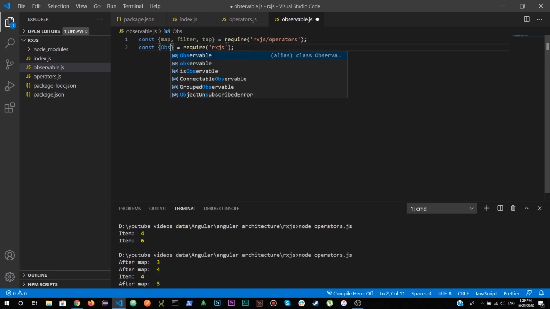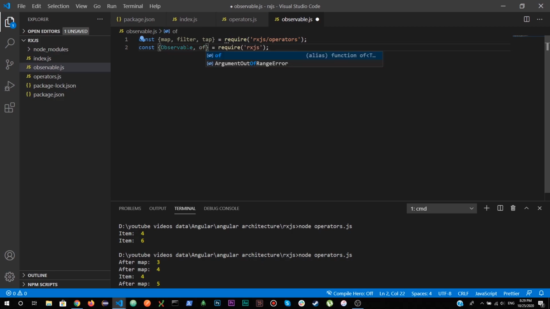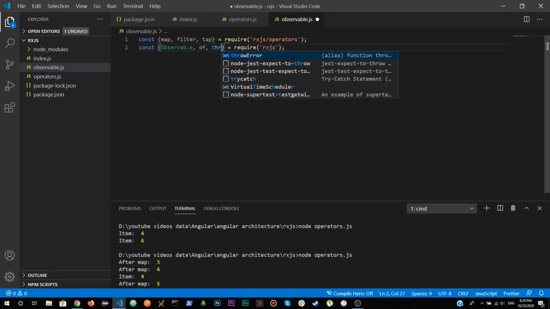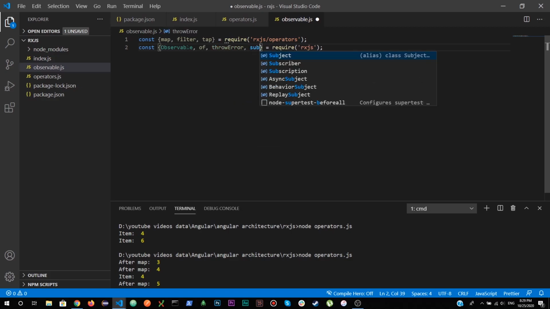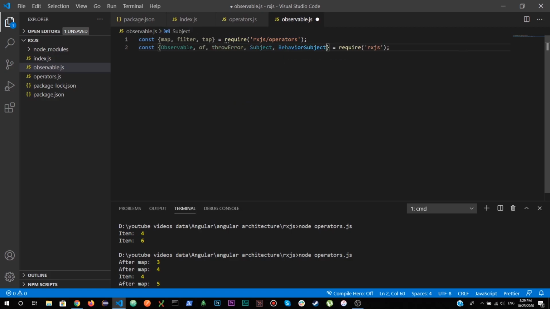First of all Observable, then I'm going to add of, then throwError, Subject, BehaviorSubject, right? So let me remove the above one. Okay, fine. So I'm going to be using this first function that is used to create our own observable.